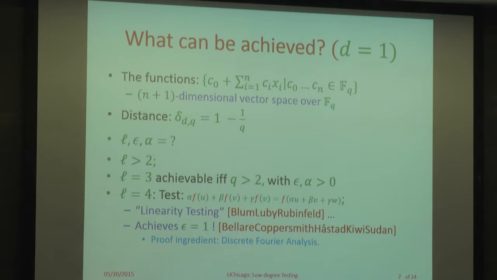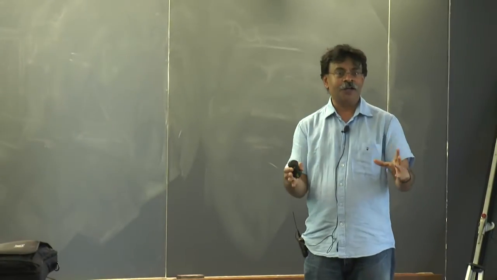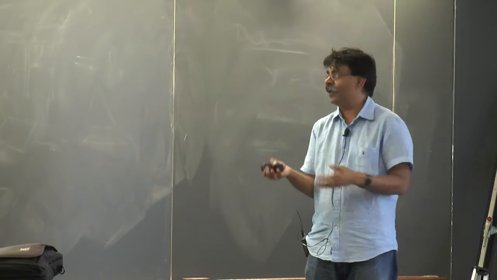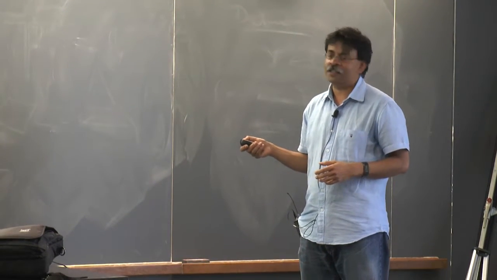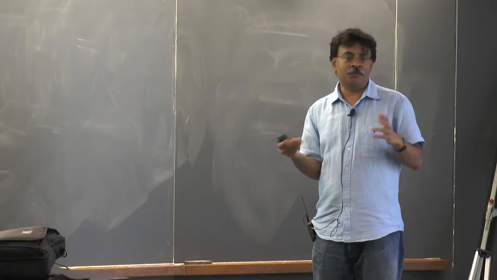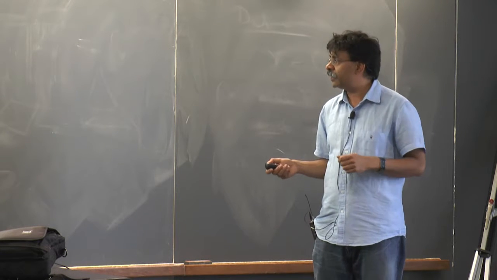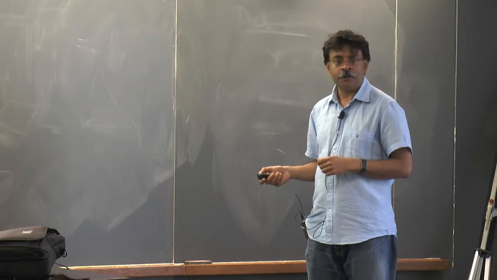The seminal result in this field, due to Blum, Luby and Rubinfeld, who started this line of work in 1990, shows that this test has constant epsilon. The epsilon that they were able to prove was something like 2/9, a very strange number, but it was a constant independent of everything. The only parameter here that is really significant is n. You could work with large fields or small fields, it does not really matter. You can get epsilon at least 2/9,